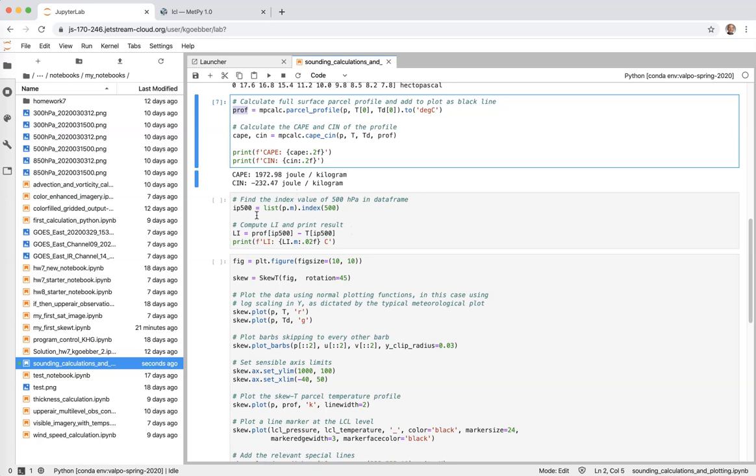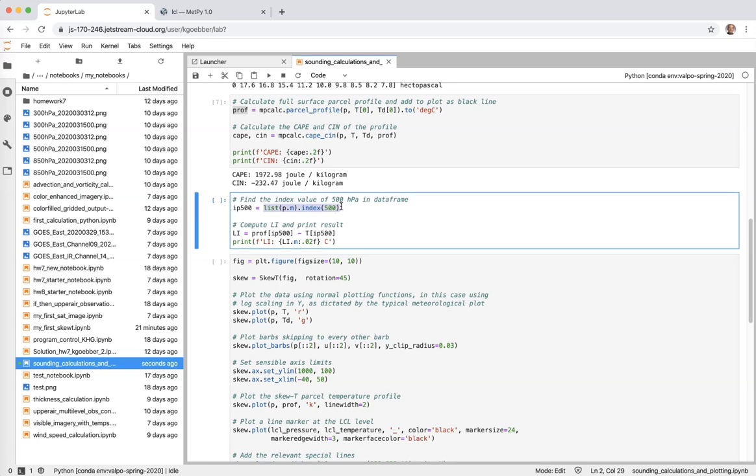And so the critical piece here is just figuring out, well, where in our array is that 500 millibars? And so that's what this bit of code is doing here. First, we're making a list out of just our values of our pressure by using the .m, the magnitude there. And then we are using a method off of our list called .index to find out where in our list does 500 appear. And so that's going to give us an index value that we can use to then compute the difference between our parcel profile temperature at that particular point and subtract off our environmental temperature. And that is our